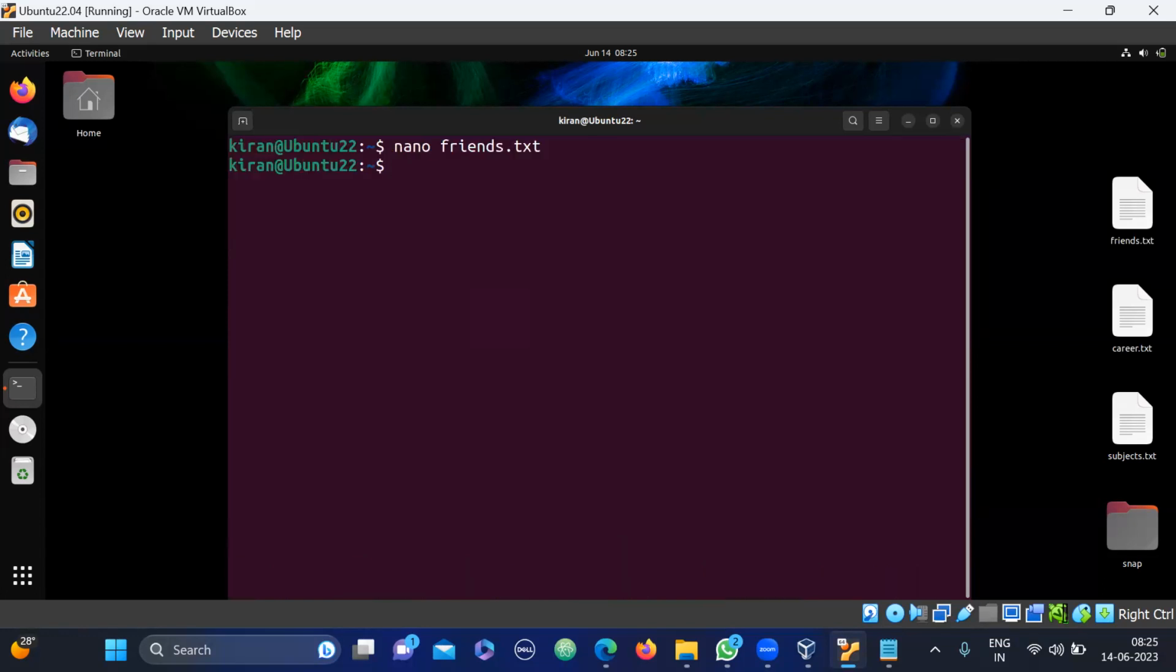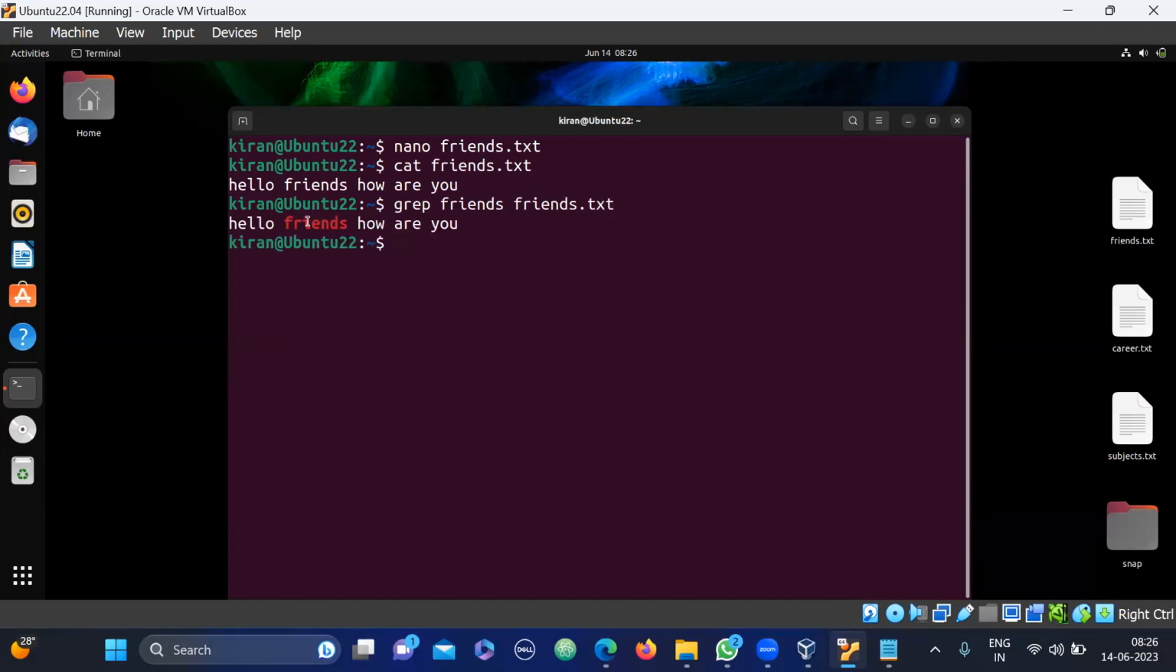Perfect. Okay. Now my requirement is, when you see the data here, I want to get the output: before and after some data. That is my requirement. If you give grep, then friends, and then the file name friends.txt, you are going to get the friends line. This is not my requirement. I want to get the data